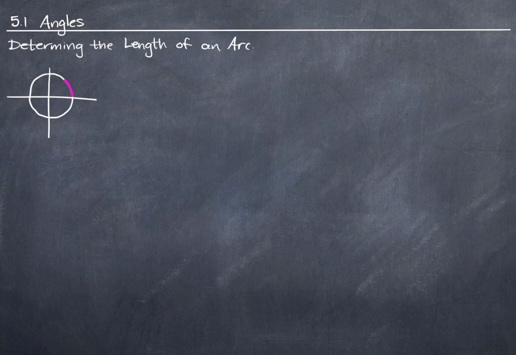So what we do with this arc, first of all, is we give it a name. We're going to call it S. The length of the arc is S. And in that second video, we also derived a formula, S equals R theta, so that we can find the length of this arc if we know the angle theta, which is, let's see, I'll try to draw that in here. It's the angle swept out